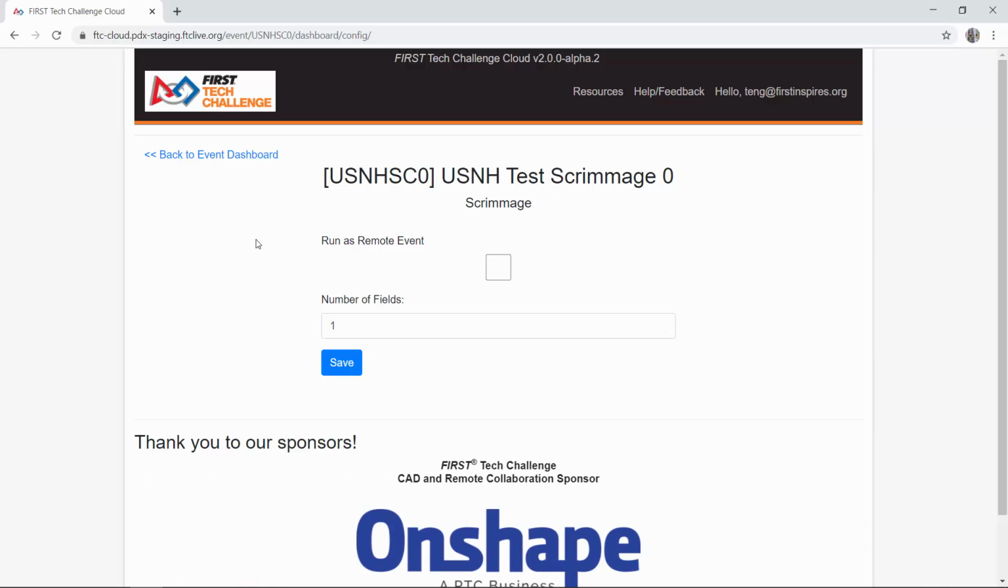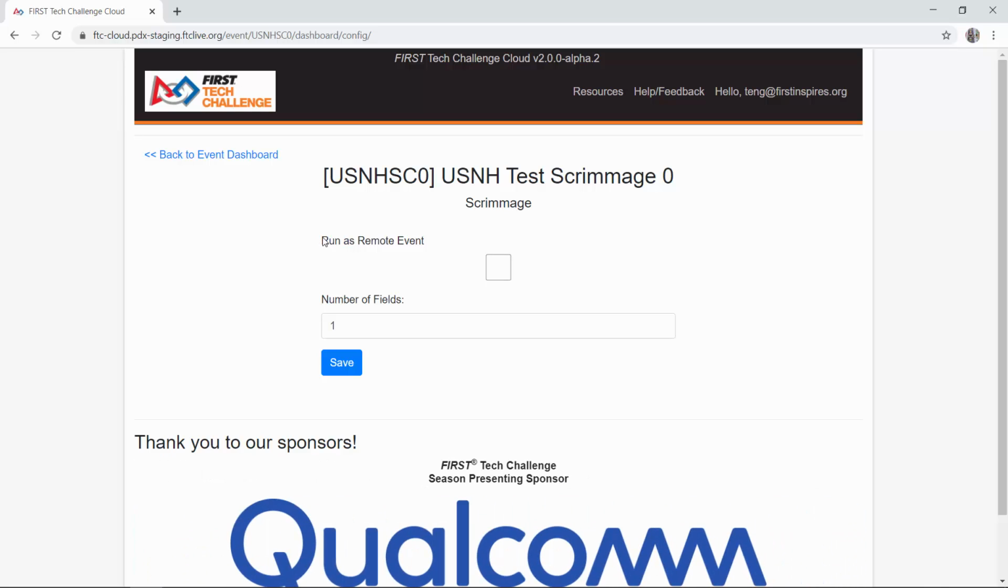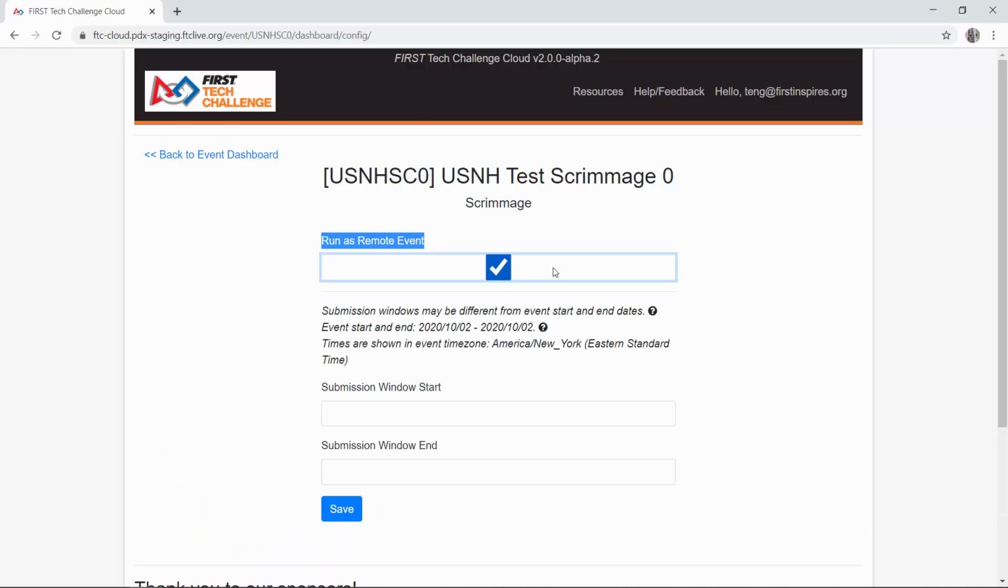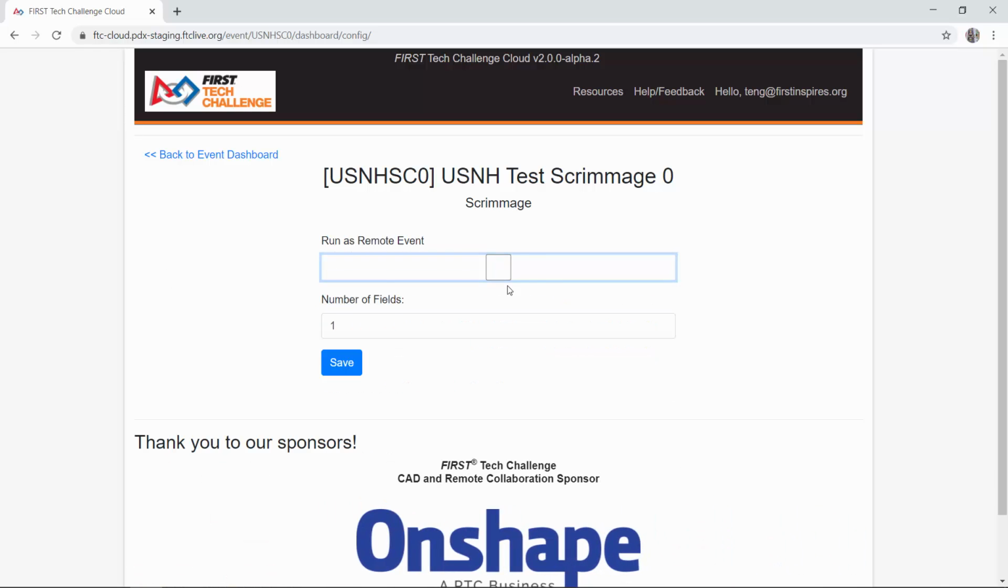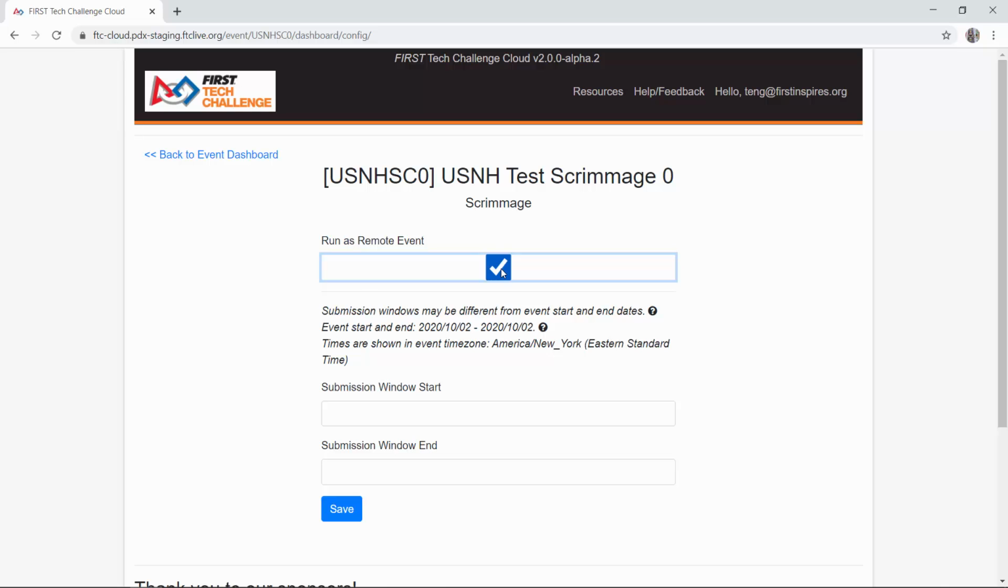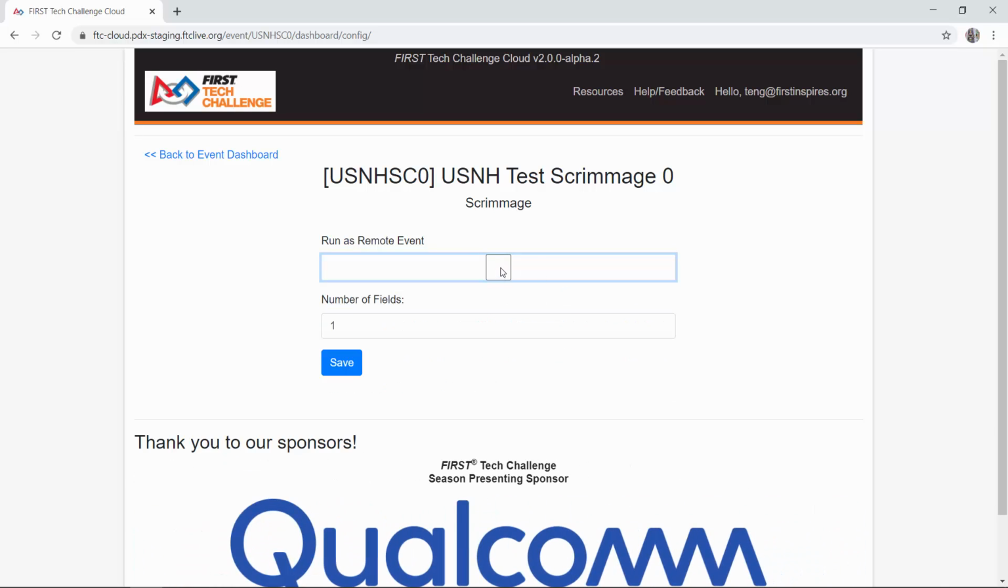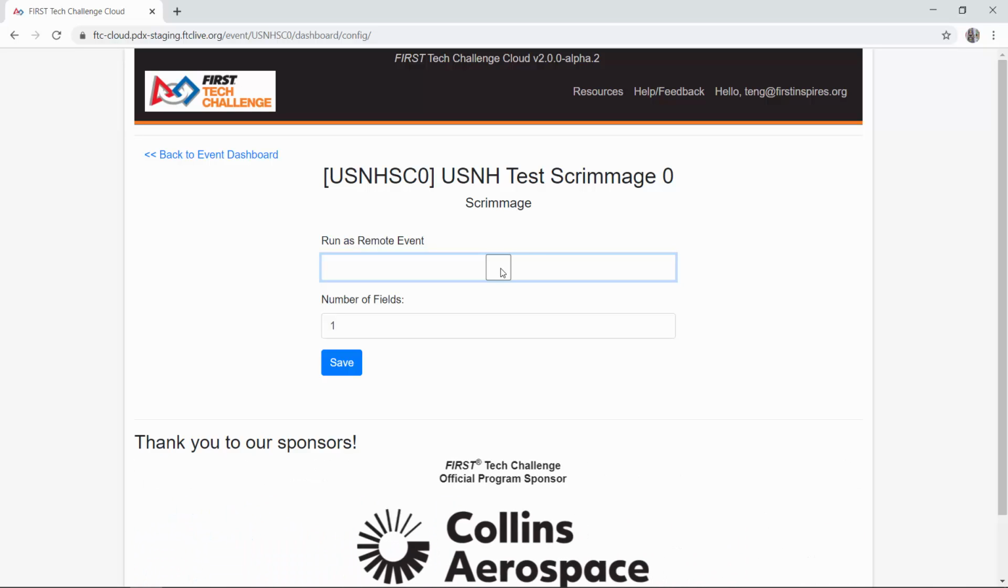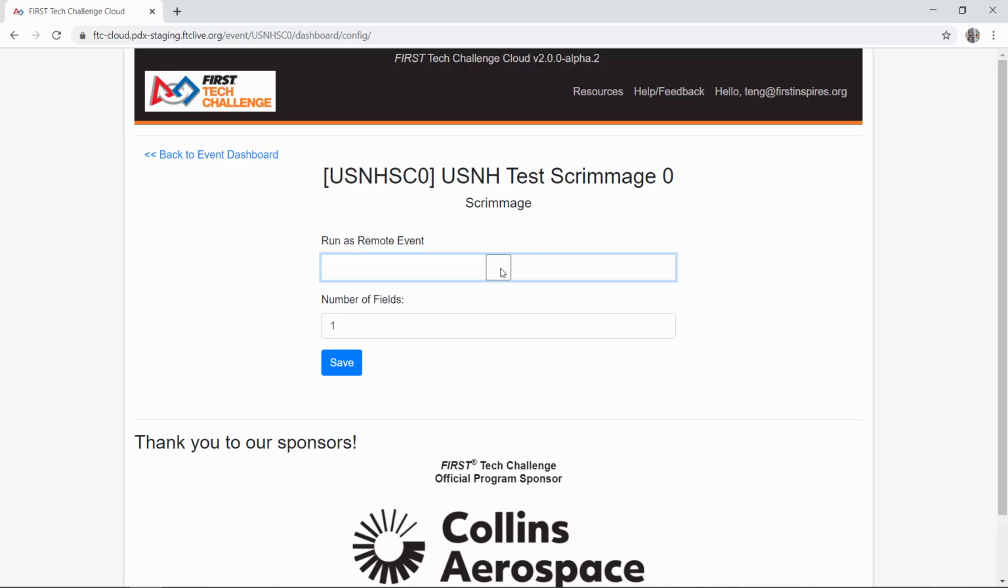One thing that is different between staging and production is that in the staging system, you have the option as the administrator to toggle between a remote event or, if I untoggle this, a traditional event. Okay, so this is remote and this is traditional. And the reason why we did that is that would give you the flexibility in the staging environment to try